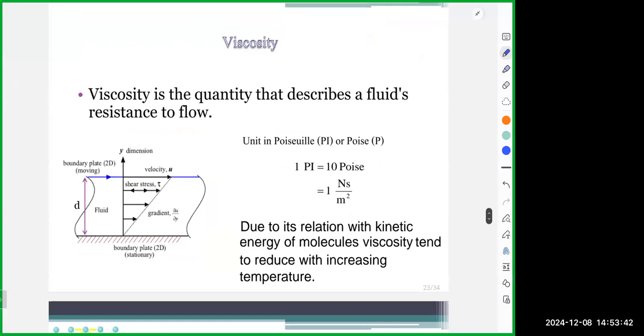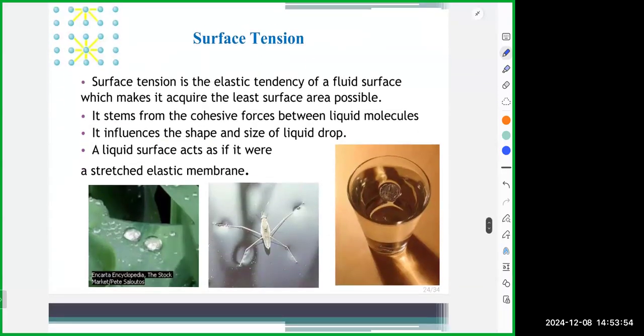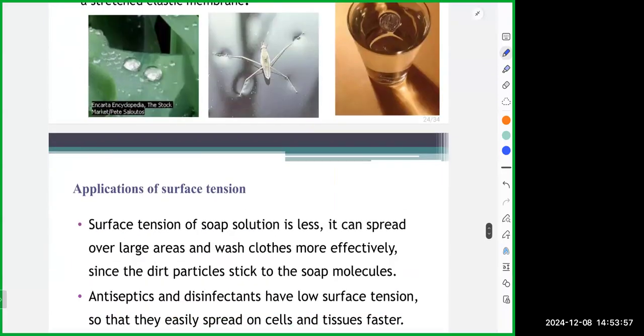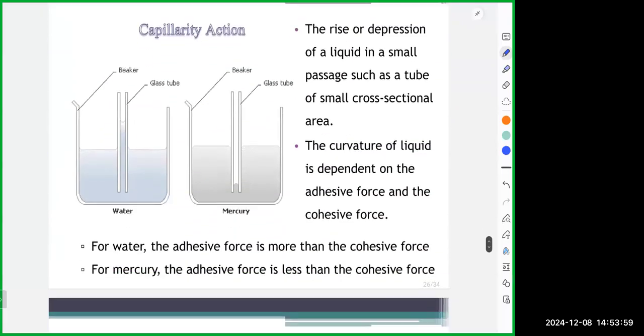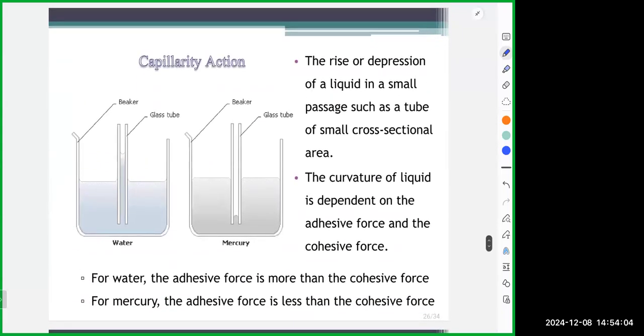Another one is about the viscosity. I would leave this to your study. I would not add this to the final exam. So you can read the rest of this. Another one that I would like to teach before I move to active learning, where we have to solve some problems,